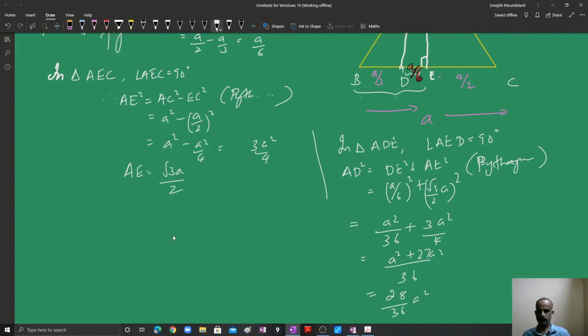So we have AD square is equal to 28 by 36 A square, that is equal to 7 by 9 A square. So cross multiplying, 9 AD square is equal to 7